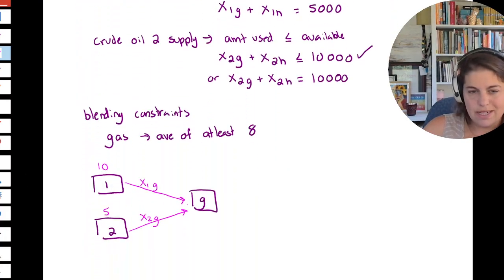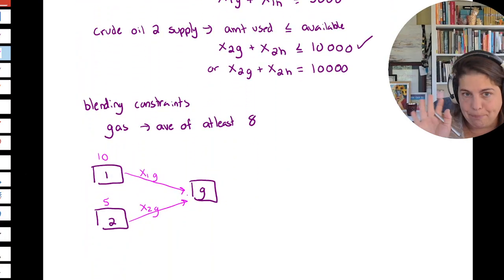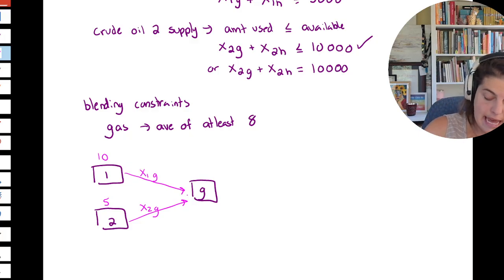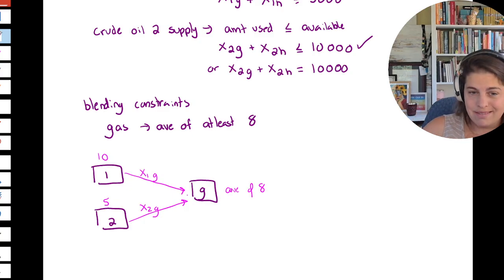The fact that we describe it as quality sometimes makes it a little bit tricky, but what I want you to see here is that we need to get an average of 8 out. So if we think about quality in, quality out,